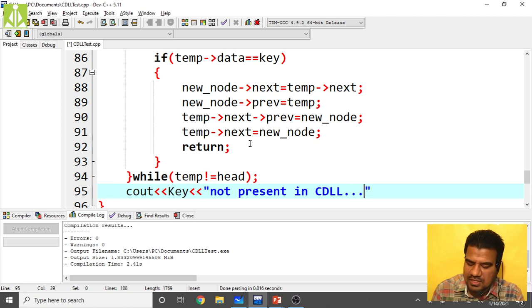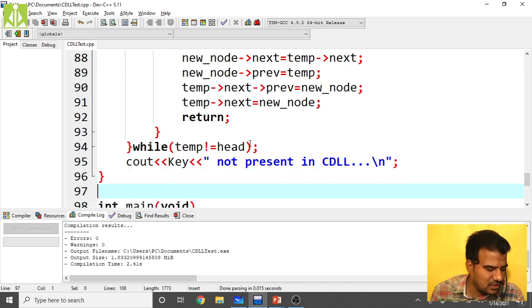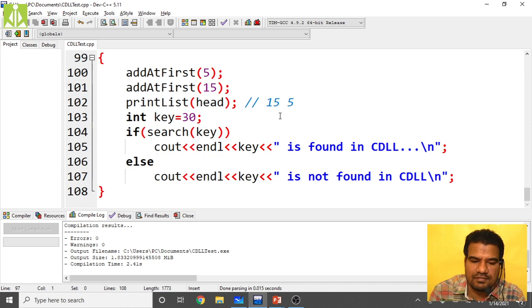It is something like a search operation, because we have to search for that key value and insert after it. If the key value is not there, we print the error message, key value not present inside the CDLL. Like this we are performing the add after function.